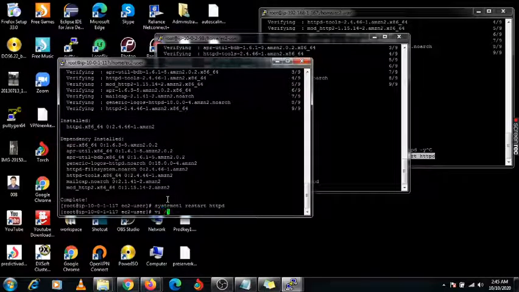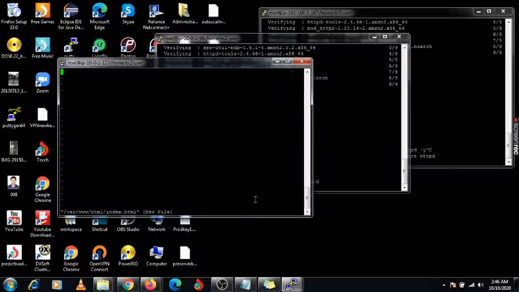Now I'm going to create one web page under /var/www/html having the name index.html. Enter it. Suppose I am giving this name server1, save it.